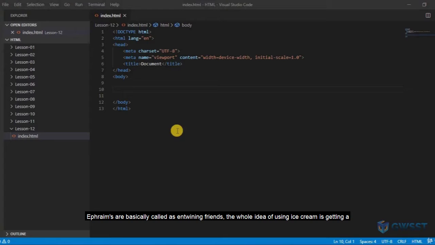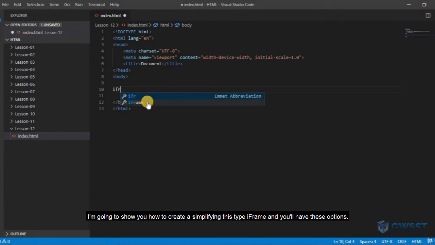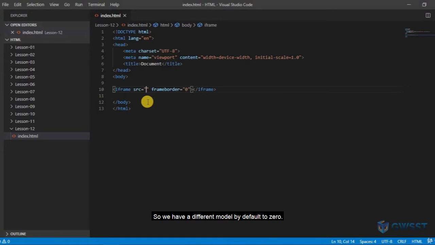IFrames are basically called infinite frames. The whole idea of using an iframe is getting a completely different website, which is outside, to show or display in your website. I'm going to show you how to create a simple iframe. Just type in iframe and you will have these options. We have set the frame border by default to 0. I'm going to set the source to